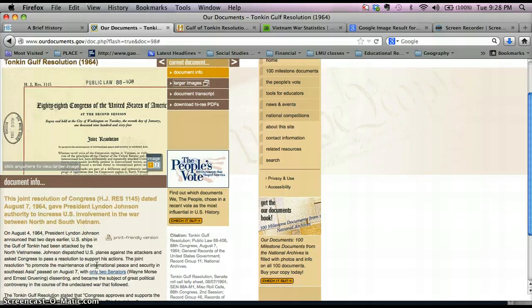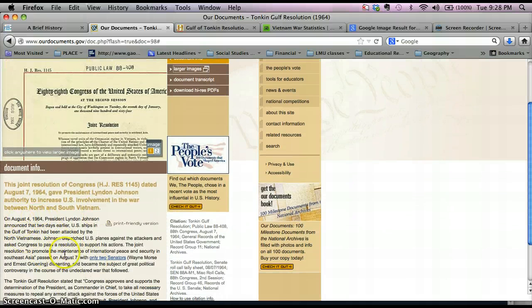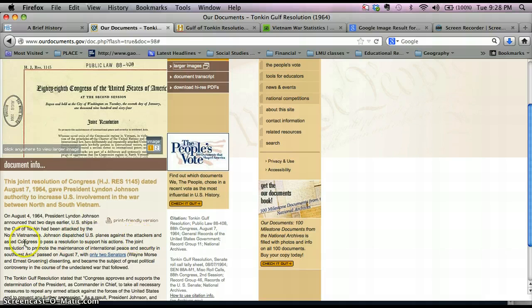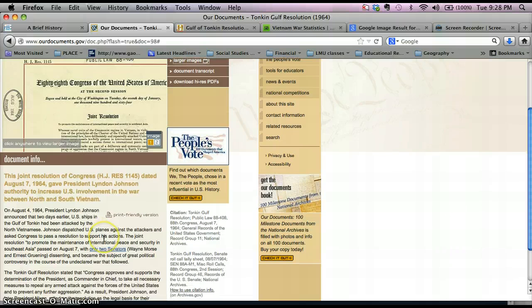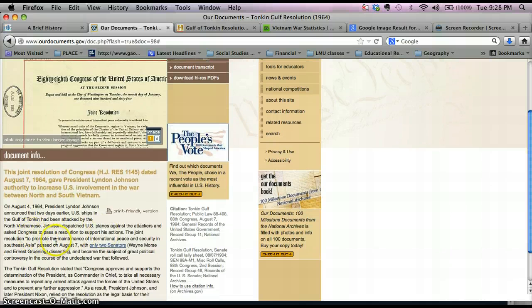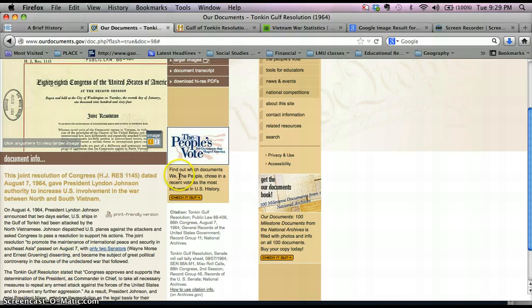Now this document, let me read part of this to you, announced that 2 days earlier U.S. ships in the Gulf of Tonkin had been attacked by the North Vietnamese. Johnson then dispatched U.S. planes against the attackers and asked Congress to pass a resolution to support his actions. The joint resolution to promote the maintenance of international peace and security in Southeast Asia passed on August 7th with only 2 senators, Wayne Morse and Ernest Gruening, dissenting, meaning they went against it, and as a result they received much political